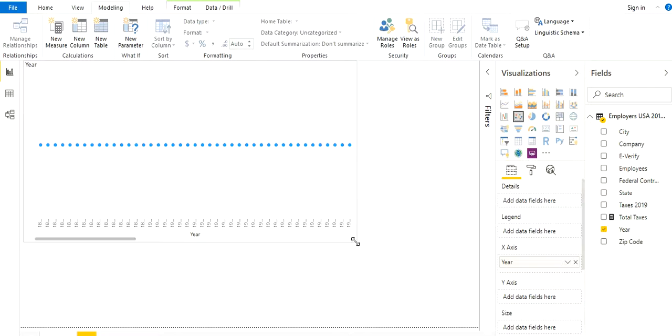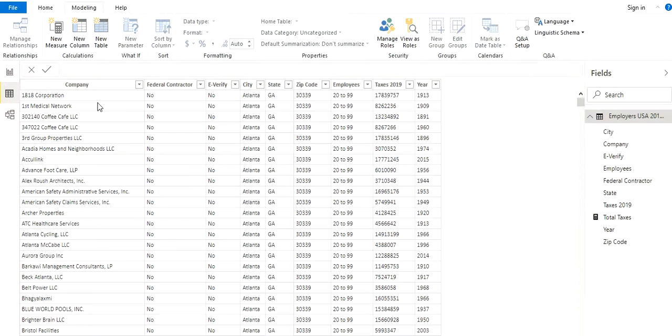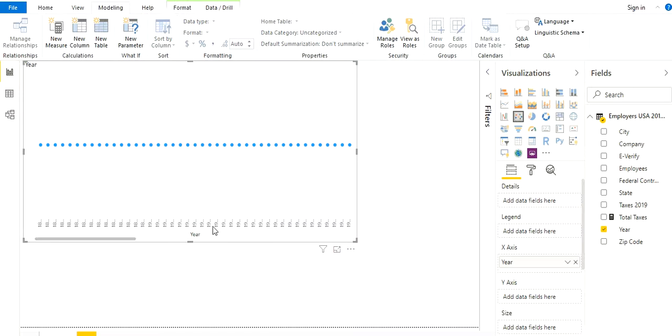These are basically the years where all these companies were founded. Okay, let's just go over the data. Years. So, for example, this one was founded on 1913, and we got a lot of companies founded in different years. So if we go over the graph, we already got the years here,